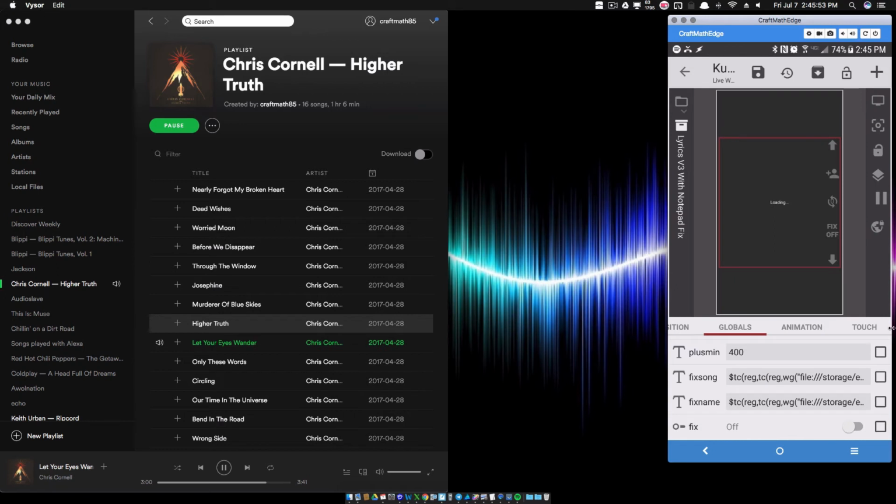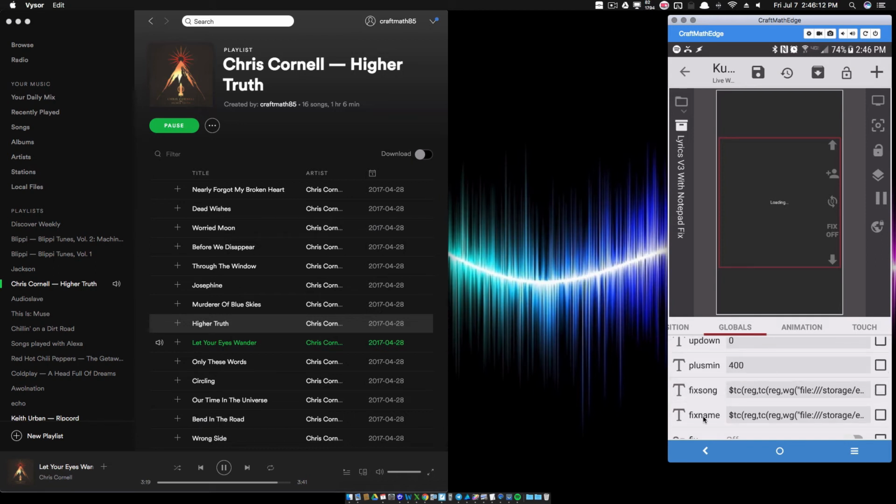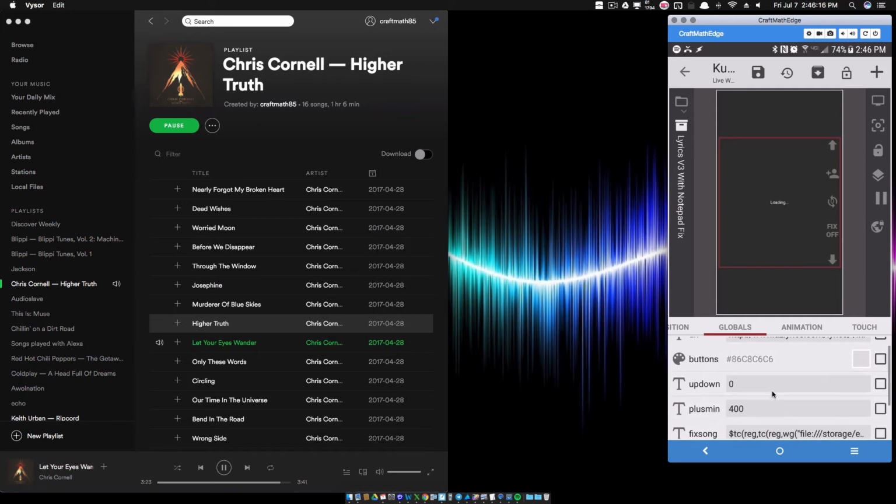Now there's some more we have to look at here, but there are other ways of doing this. Suppose the name was correct and the song wasn't. There is a way, I'm not going to talk about it here, that you could just fix the song title without having to fix the name, but it requires more coding and more work. And right now I think this is plenty for you to soak in. Plus it's just a matter of you typing in the song and typing in the artist name to get your lyrics. So we're doing two pieces when we do our fix.